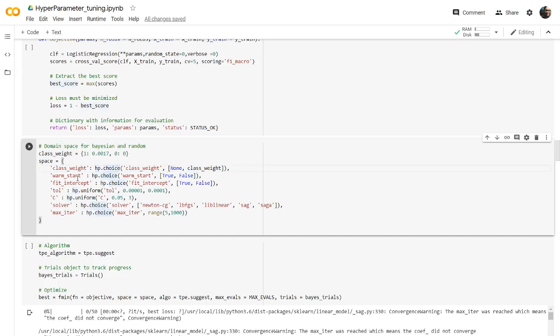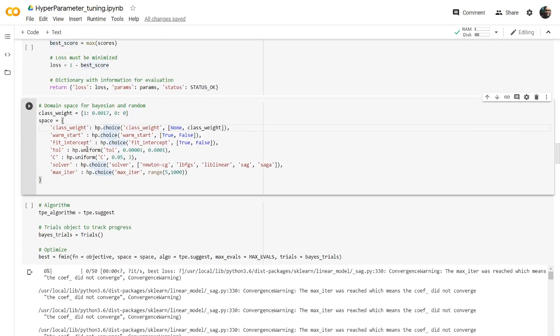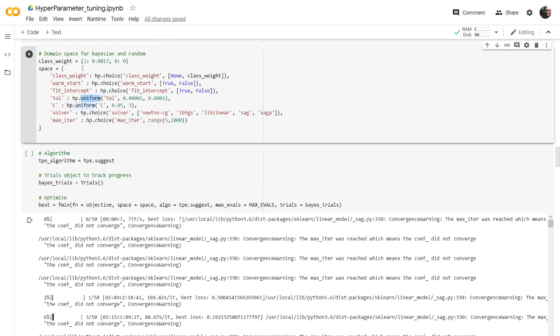So here also warm start, true or false, fit intercept, and tolerance we'll give some range of values, and C also a range of values from 0.05 to 3, and solver also picks some solver from here, and max iterations 5 to 1000. Okay, this is the domain space we have given for this, and it can be anything uniform or continuous, or there are multiple distributions in hyperopt, so you can use anything.